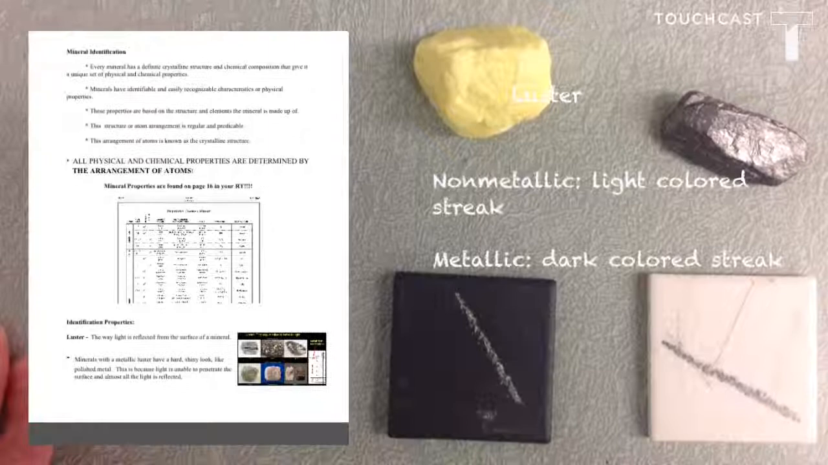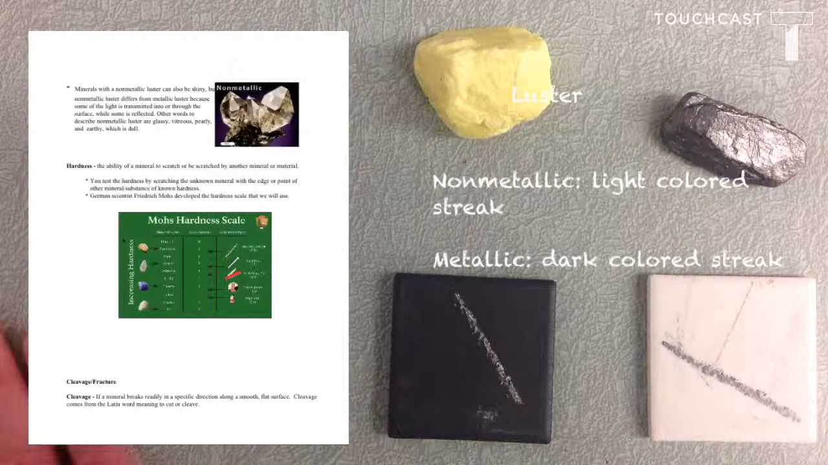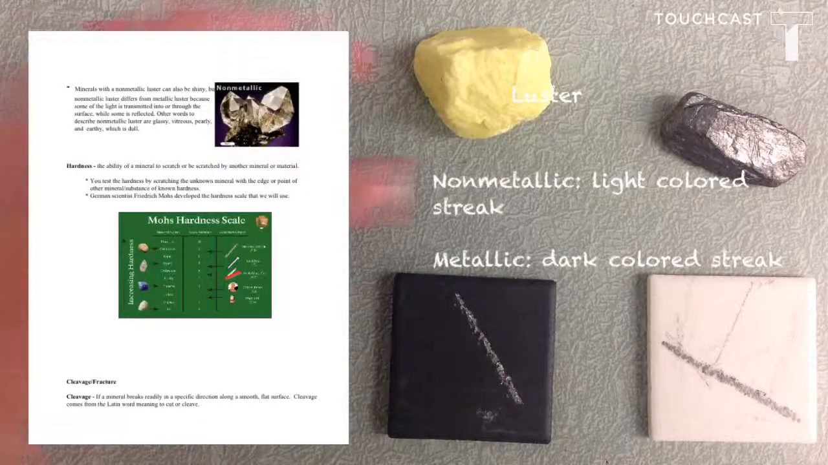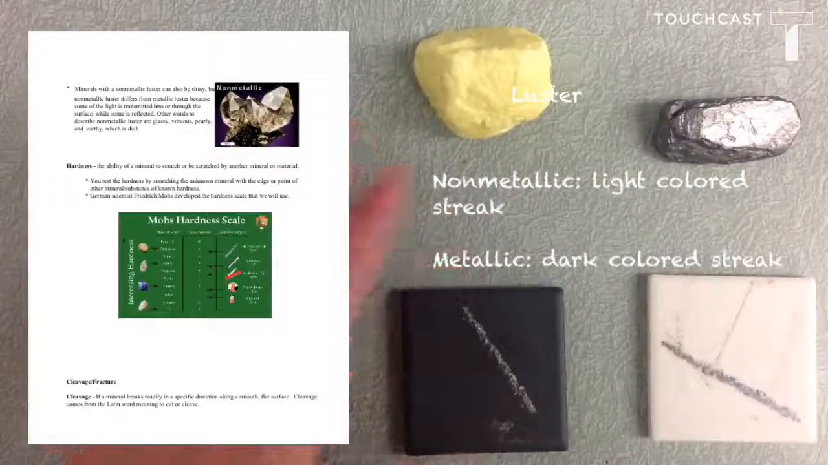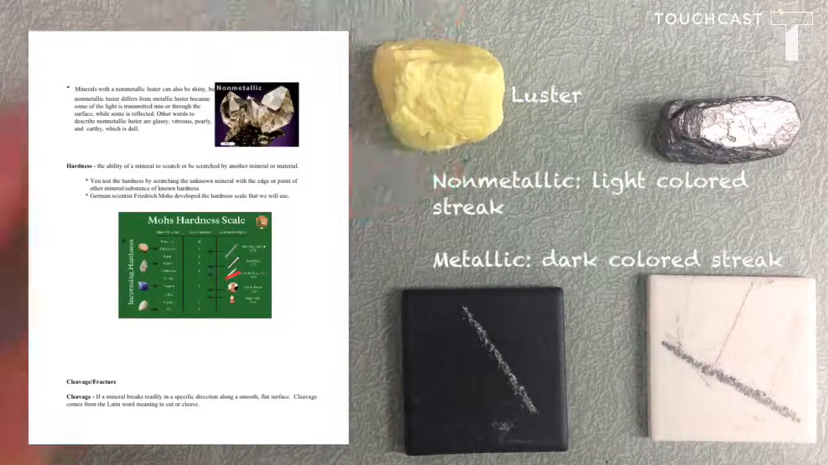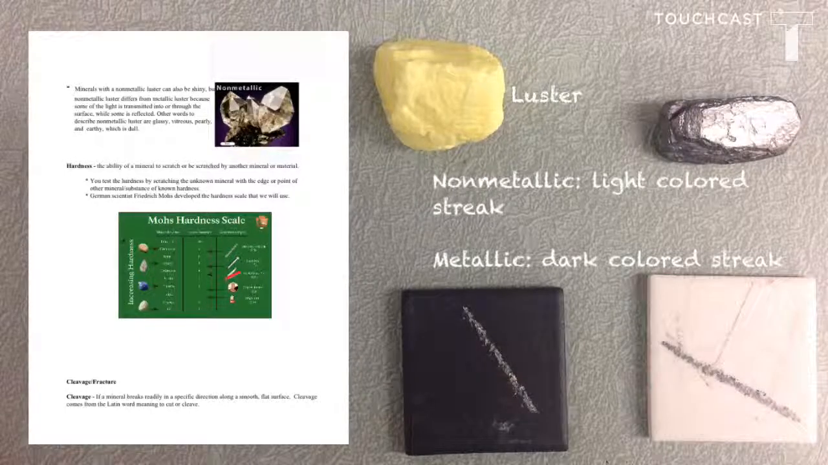When we look at our notes, we can see that non-metallic minerals can also be called glassy, vitreous, pearly, and earthy, which is a dull look. While metallic minerals, they're just going to look like basic metals. They'll have a nice shiny metallic look, while our non-metallics can have, like I said, those 4 things there that all make it non-metallic. But the best way to do that is to determine your streak color as a double